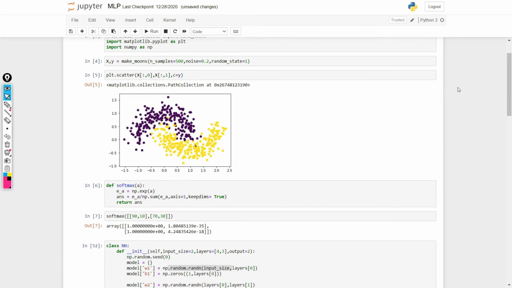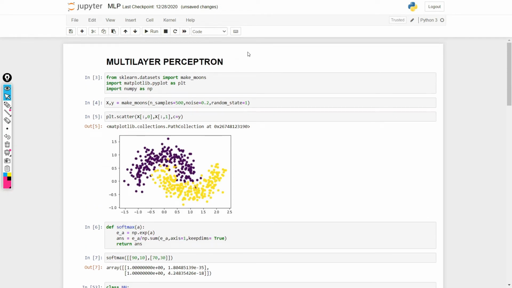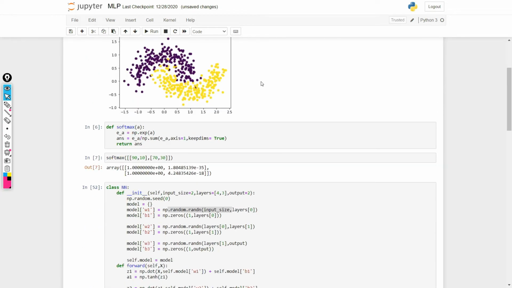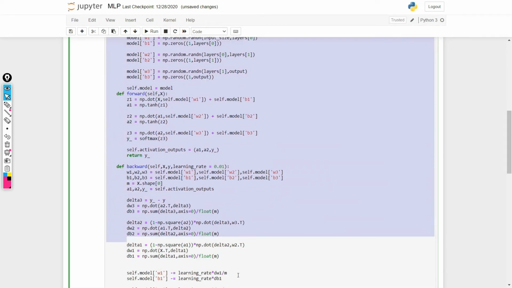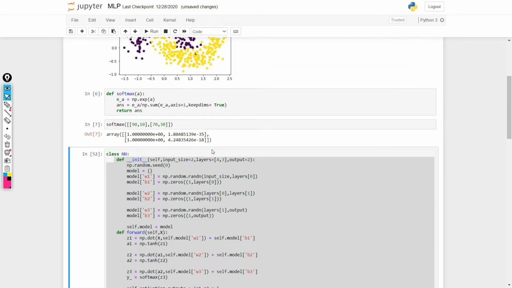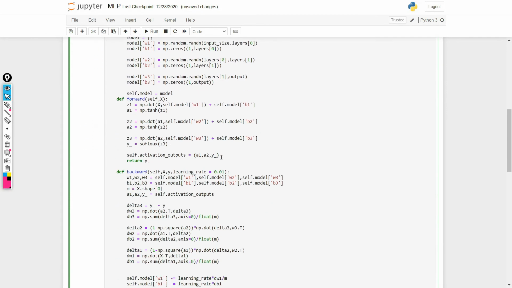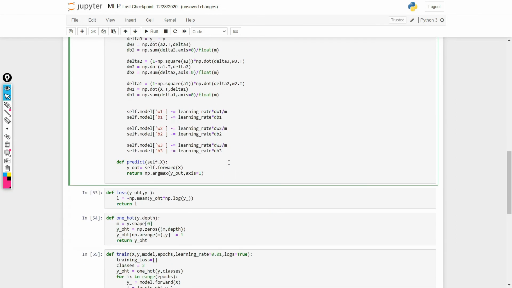So guys, this was it, and this was the series for multi-layer perceptrons. Now I want to clear up one or two things. This particular algorithm is only going to work if you have, let's suppose, two hidden layers and one output layer. If you want to change these parts, it will work, but you cannot make 3 hidden layers or 4 hidden layers, because you have to make changes for that. I just wanted to explain it to you, so I kept all of these parts easy.